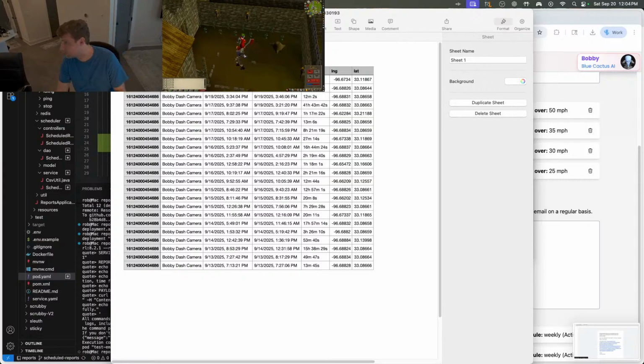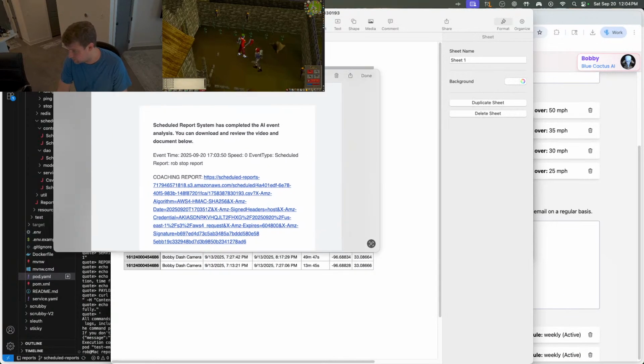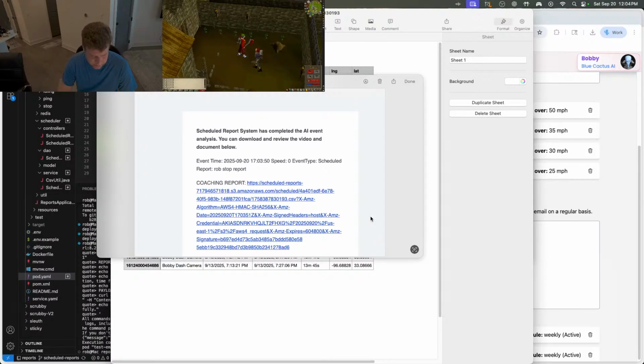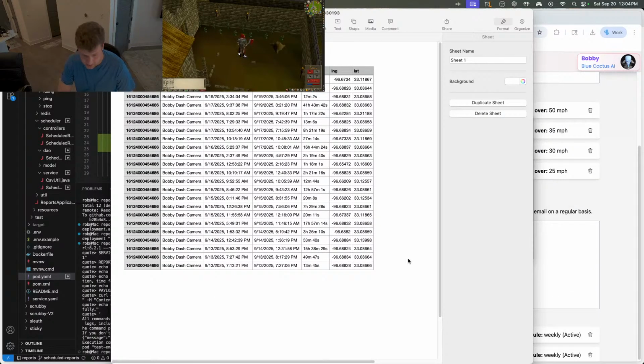So let me show you. We're using a different SendGrid template, but this is actually the report, the CSV that just got emailed,